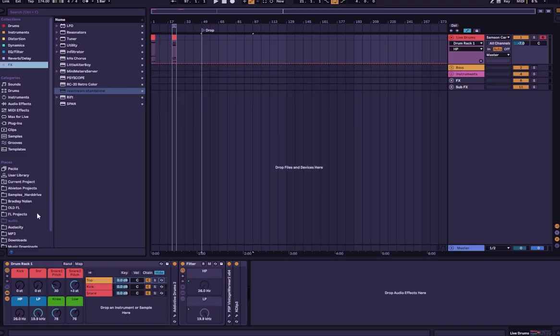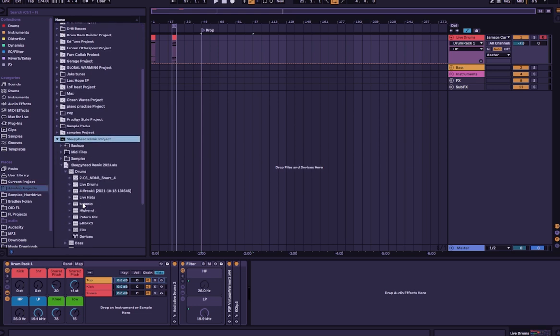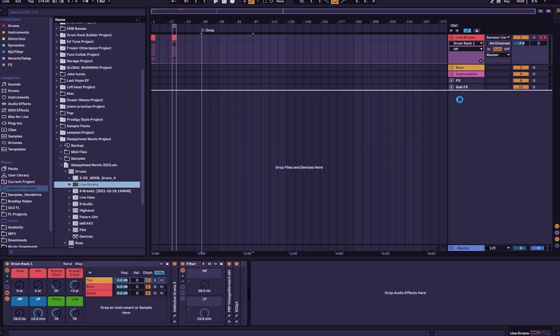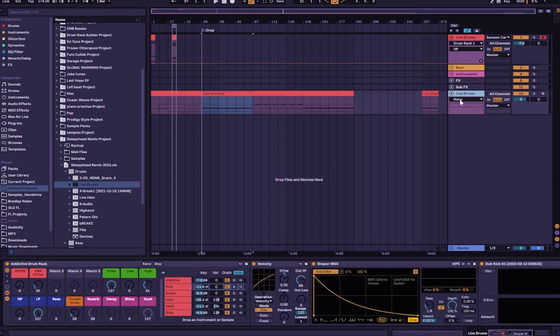Okay, so now I'm just going to grab from one of my other projects a similar drum rack that I've created and just get the MIDI file and play it through this drum rack so you can kind of hear the versatility that this drum rack has. You can see it's a little bit different, this setup, but I've already taken the MIDI part anyway. So if we listen here,